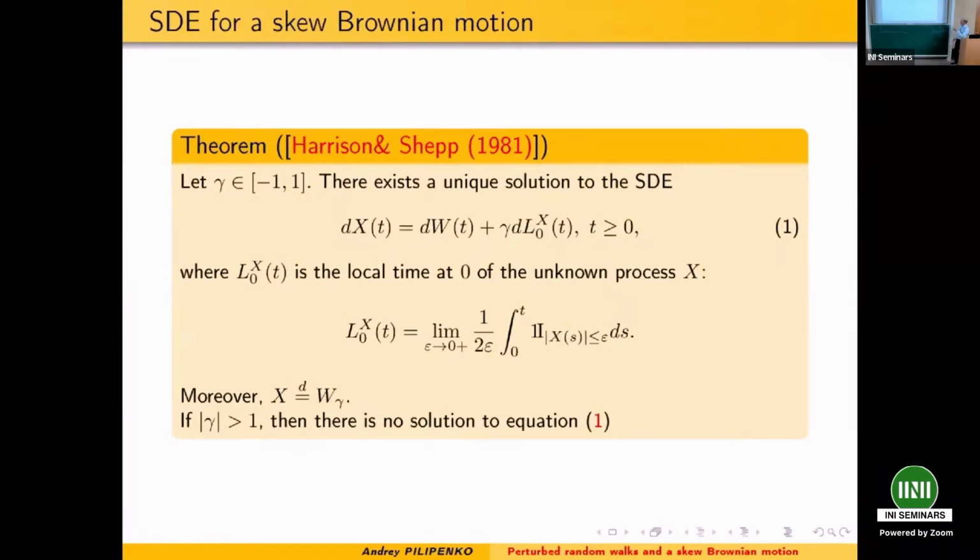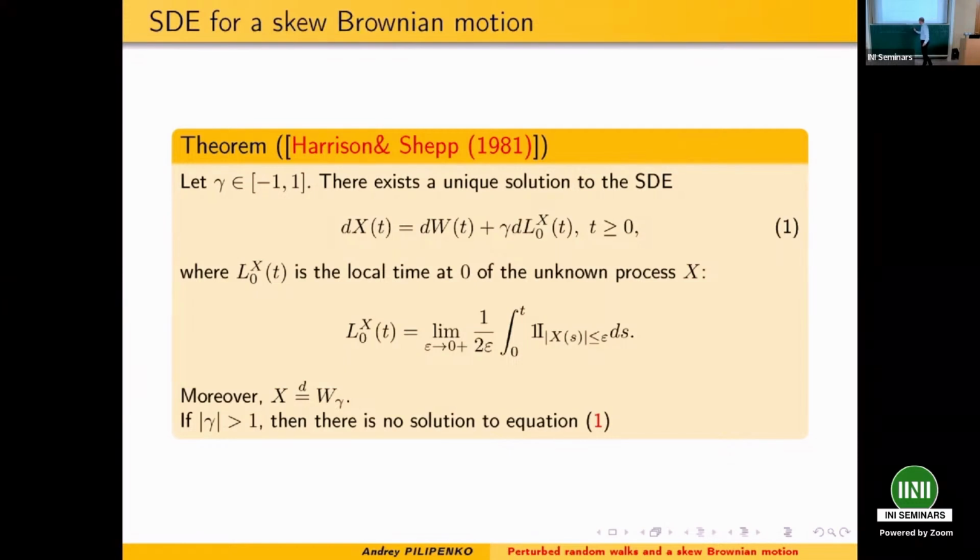Sometimes this local time is written like a delta functional, and Portenko called such type of equations perturbed, like a diffusion with generalized drift. Indeed, what is the local time? The local time of this process is a limit